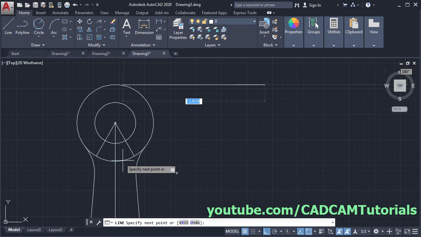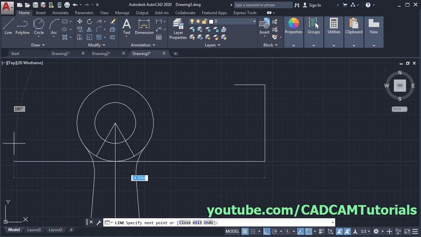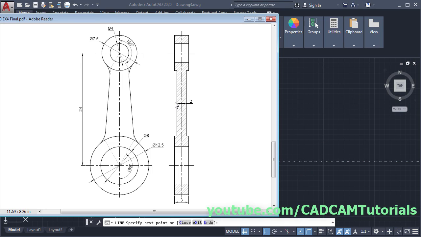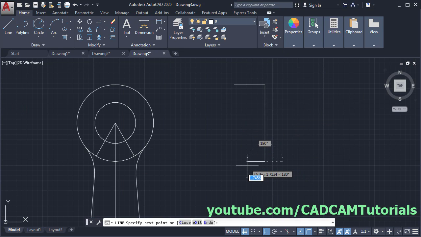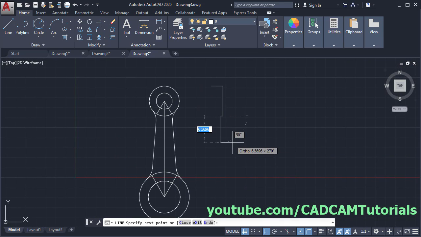Then take your cursor to this quadrant, take it away, click. Then this is 2, this is 3, that means this gap will be 3 minus 2 divided by 2, that is 0.5. So take it on this side, give the gap of 0.5, enter,